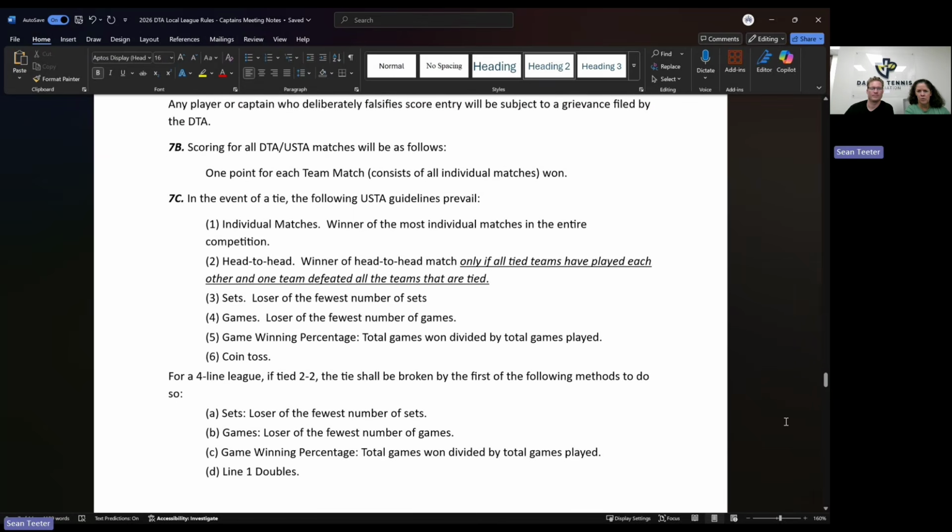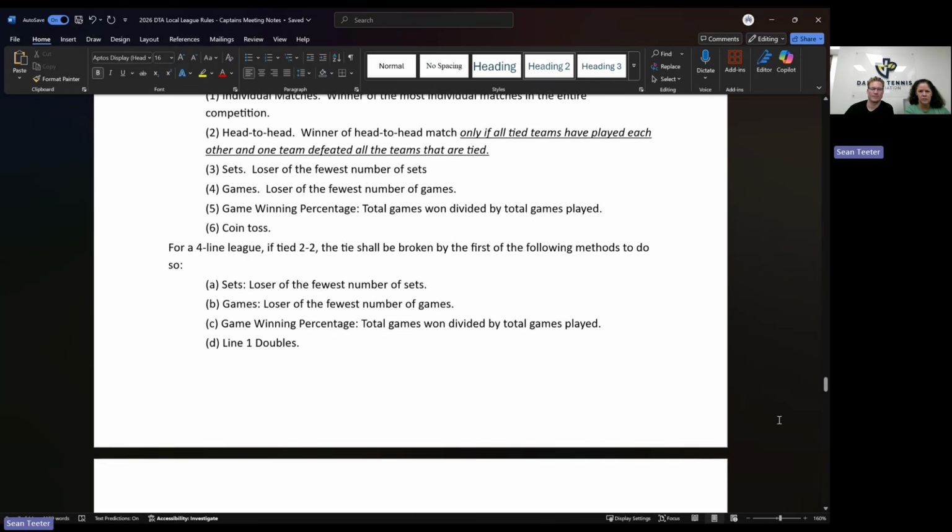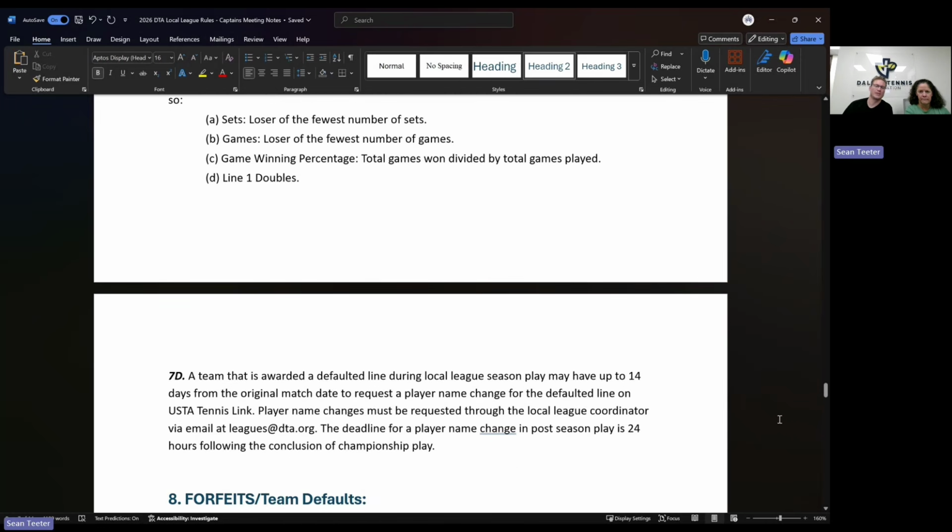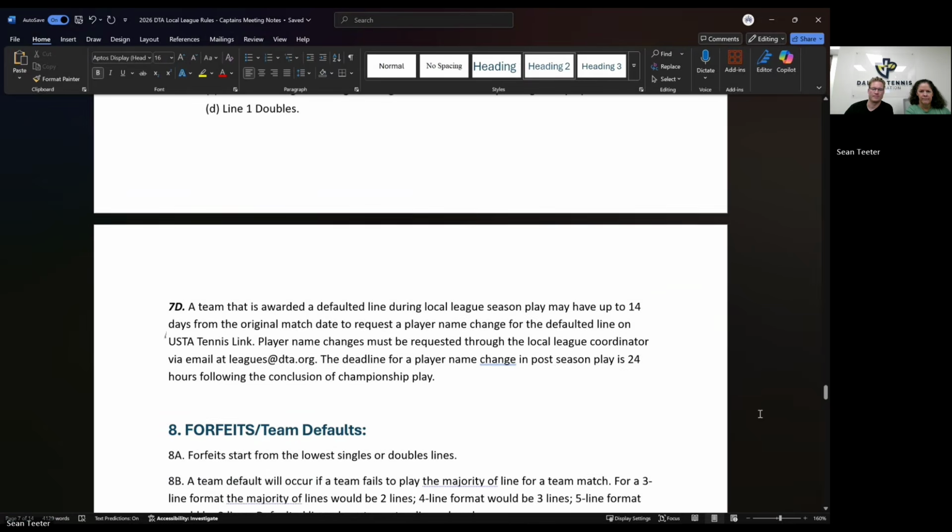And the rest of this scoring, you guys know this, none of it has changed. And whose responsibility is it to make sure the score is going correctly? The captains, both of you need to do that. And there is that, I think, 48-hour period where you can dispute a score. If you dispute a score, you need to email me immediately so that I am aware that a change is coming.